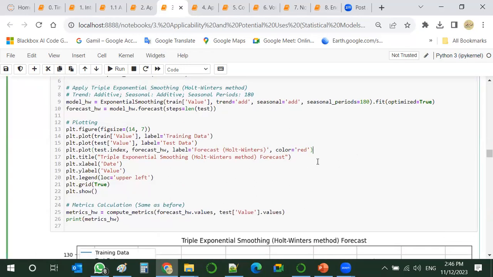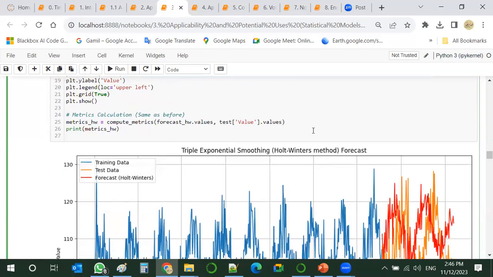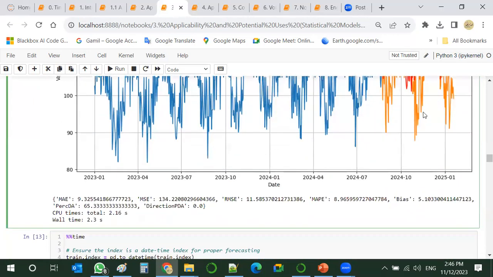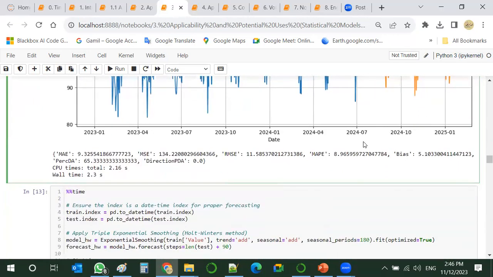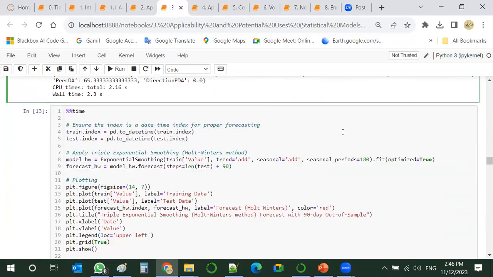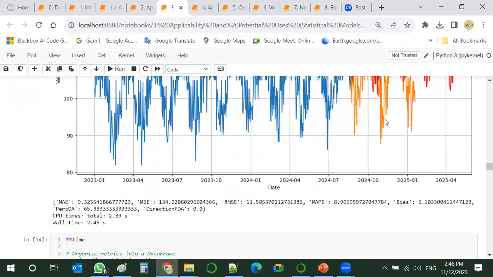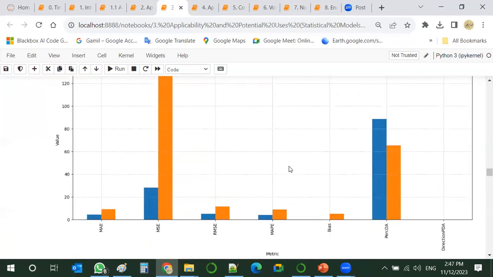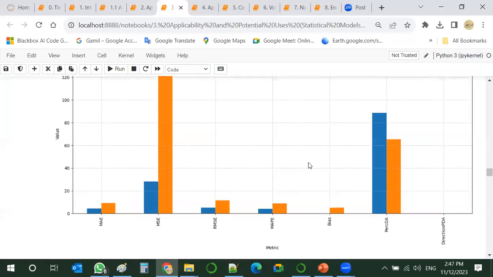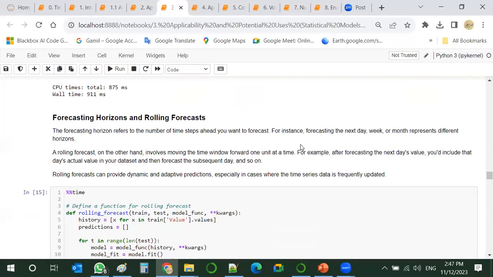Just try to play a little bit in this code and try to get a better fit of the model than this one, and rerun, and again see how this comparison of models will change.